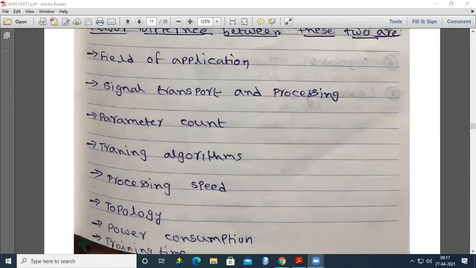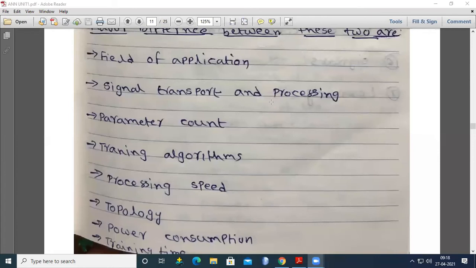In many applications, you are going to use these ANN. I hope you all are doing your projects. So machine learning. In machine learning, you are going to use ANN. We have some different streams in bioinformatics and data mining. In many applications, you are going to use these ANN models.